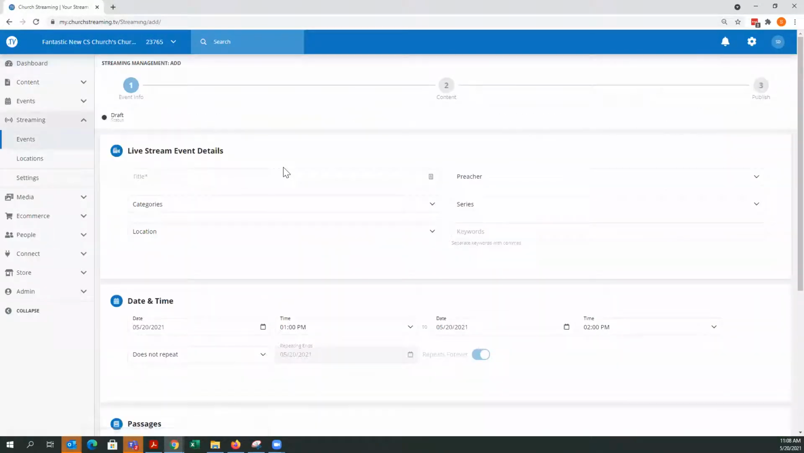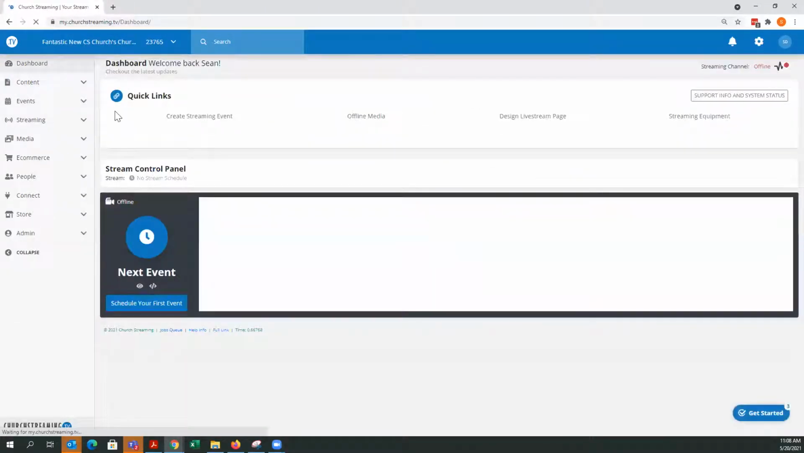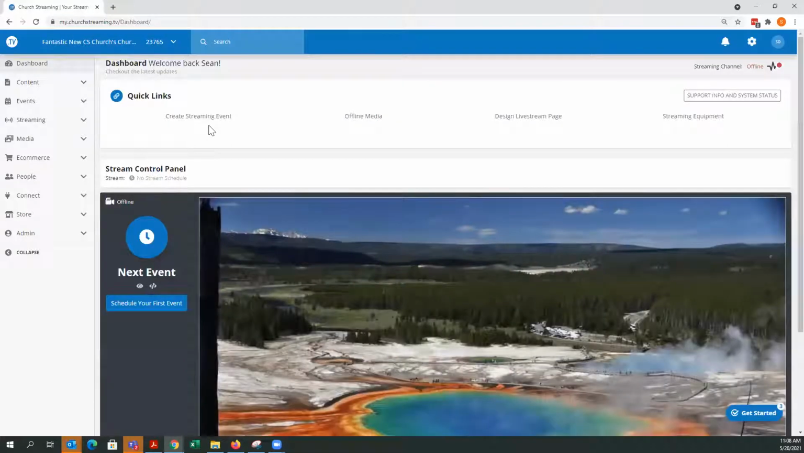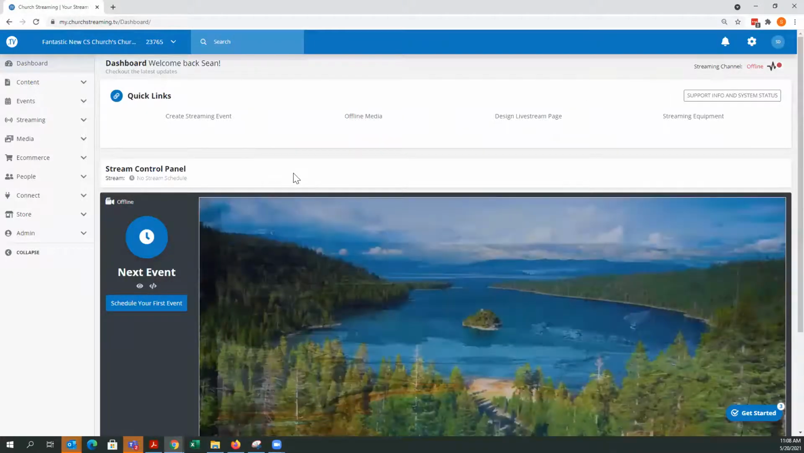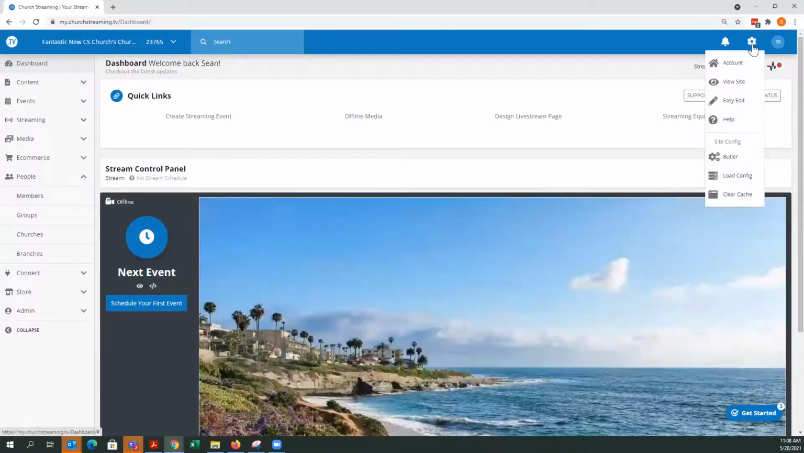Now, let me back up just a minute because this is important. We've talked about this before, but it is really critical to make sure that your account is set up properly. By that, I mean, you can get into your account a couple of ways. You can go into your account through your people and your members, or you can go in here and look at account. And when I go up here to the little gear icon, and I click account,